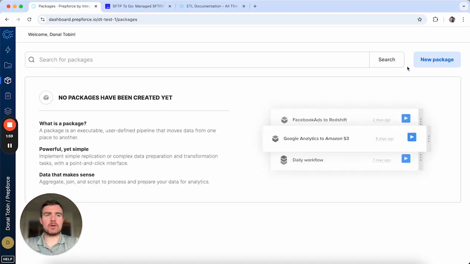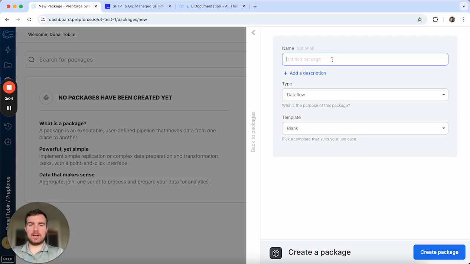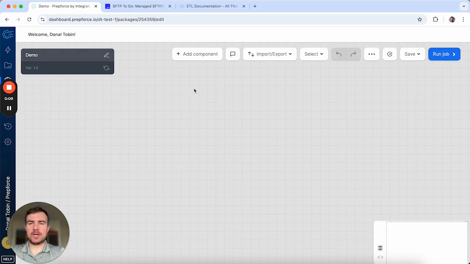And the package is where you're going to create your data pipelines. From there, I'll name a package, let's call it demo. Then that will bring me into the package designer. So this is where you'll spend most of your time in the platform, building out your actual data pipelines